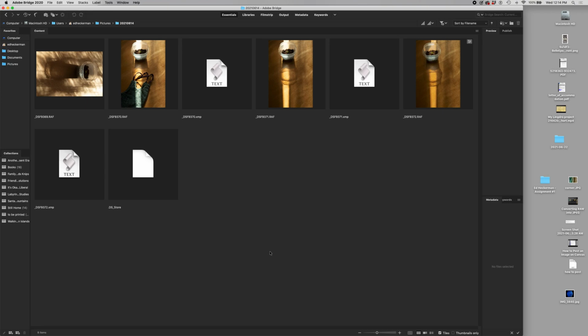Today I'm going to show you how to hand in your assignments. Normally we would do this through Canvas, but since we're using file formats which are not supported by Canvas, namely raw files and XMP files, and later on in the class PSD files, we will not be able to do it the normal way. Rather, I will be sending you a Dropbox invitation to send your images to my Dropbox. So take your raw file